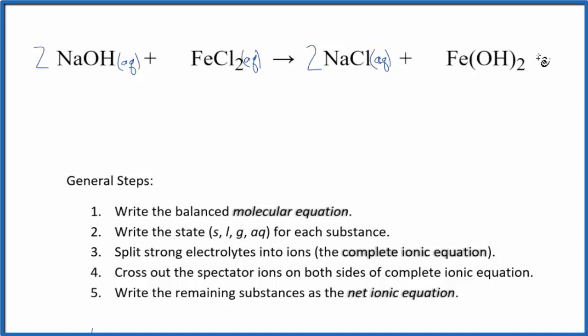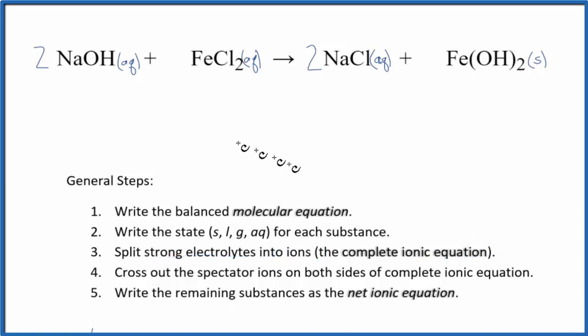So because of that, we're going to write an S. This is going to be a solid. It'll be a precipitate. These will react, and we'll see this iron(II) hydroxide fall to the bottom of the test tube. Now that we have the states, we can split the strong electrolytes into their ions for the complete